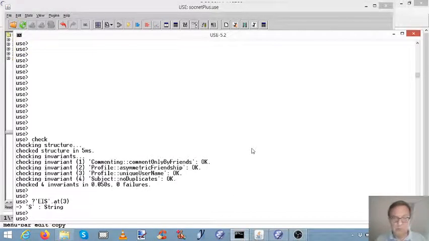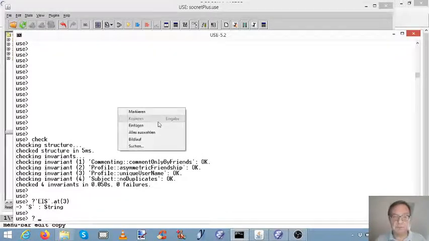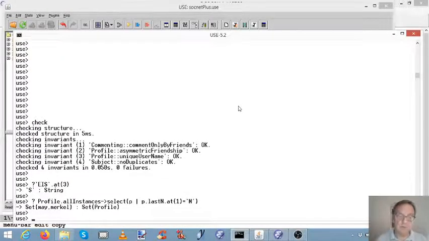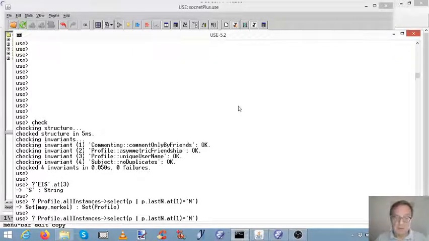I told you we could enter this expression here on the shell and evaluate it here. And I told you before, one very nice thing about USE is that you can play around with queries, with OCL expressions. I have entered the last OCL expression here on the shell, and very good for playing is the history feature on the shell. You can go back to the last command by pushing the cursor up keyboard stroke,